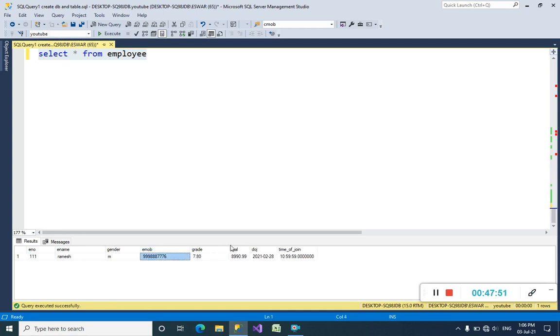His grade is 7.80, because it appends 0 also. His salary is 89099 rupees. Date of join February 28th. Time of join 10 hours 59 minutes 59 seconds. These are all milliseconds, guys.